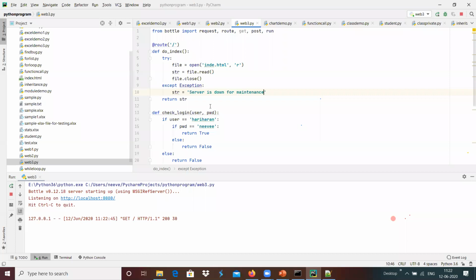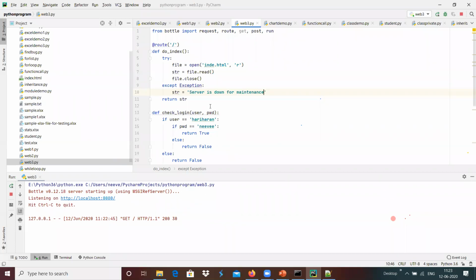For example, sometimes we get something like the server is unable to be accessed, please try after some time. Like that, we can provide that information to give the user smoother information that something is happening inside the server. We can add it with the help of the try and except block, which we can use in our Python program.